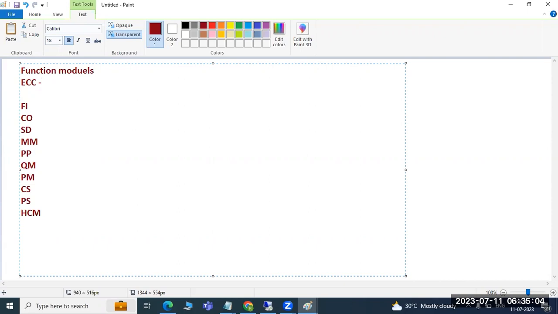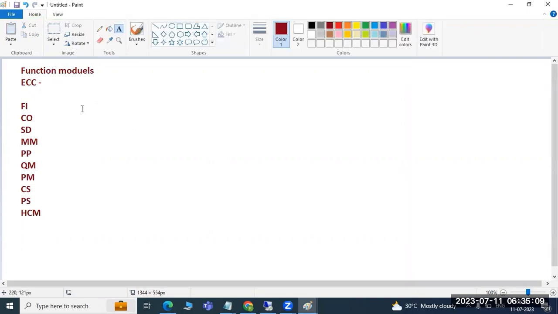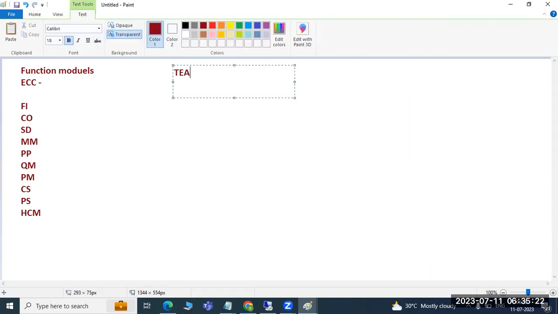For each module there is one team. There is a finance team, the FICO team, CO team, SD team, MM team, PP team; each functional module has a team available. But we are one team. If I talk about the team structure,